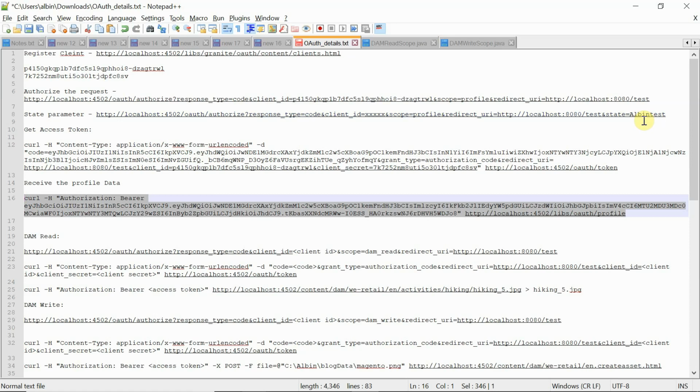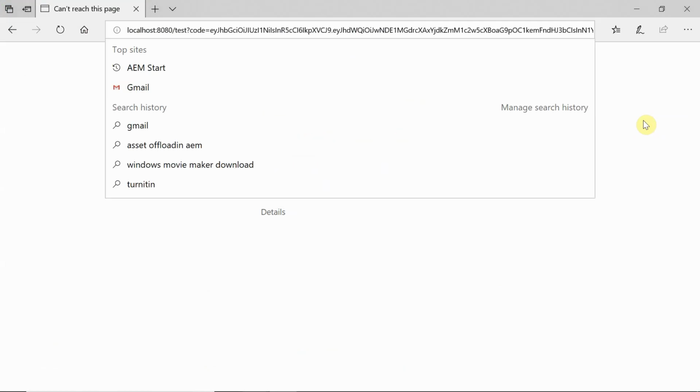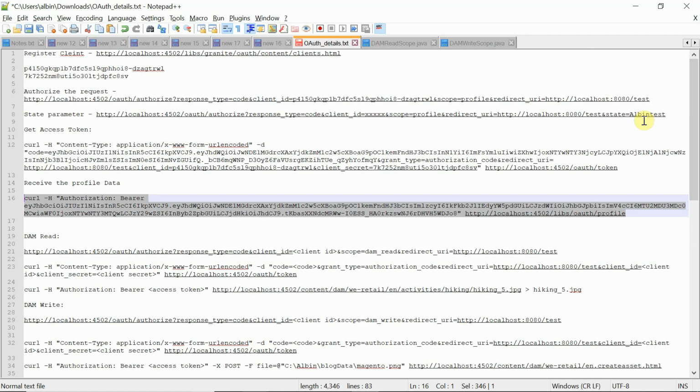Whenever the response comes back, redirected to the redirect URL with the code, that value will be there. It will help you make sure the data is not changed. Whatever data you sent, you got back in the response. It is the authenticity of the data that you can validate.